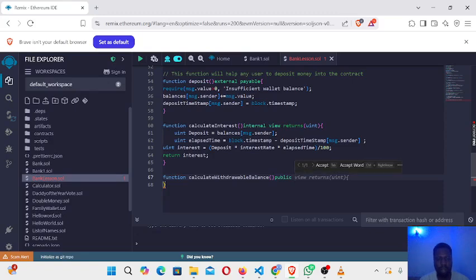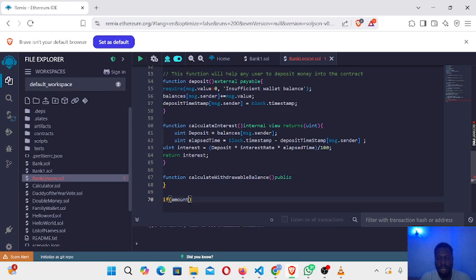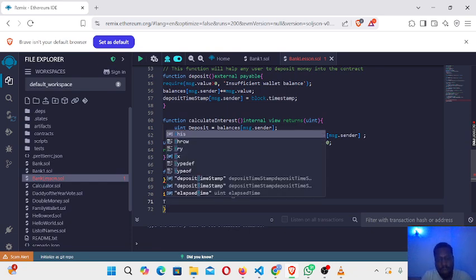Let me just write something below here. So you can say that if amount is equivalent to the total balance, then, so you already declared a variable here called minimum enforced balance, you can say that total,